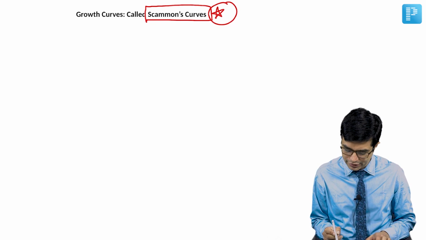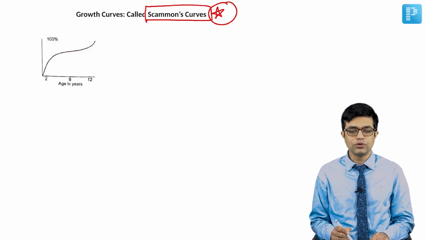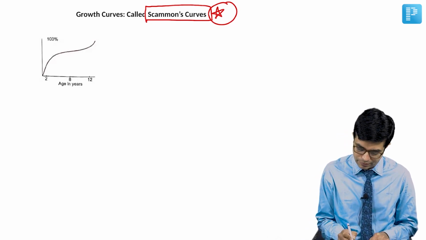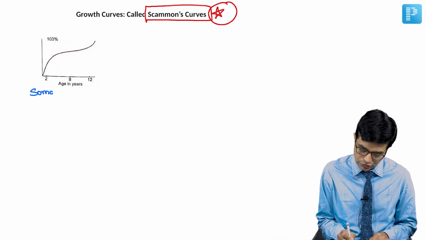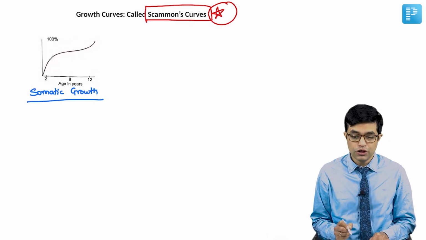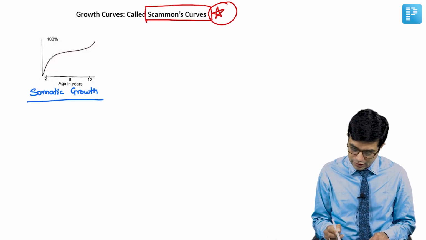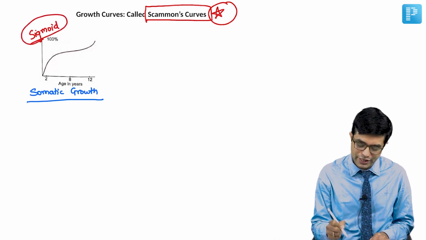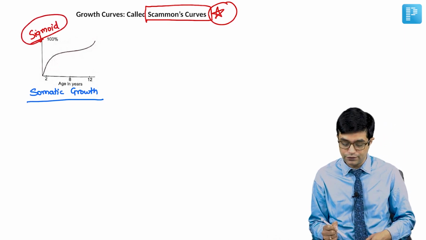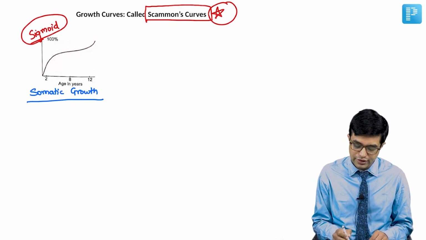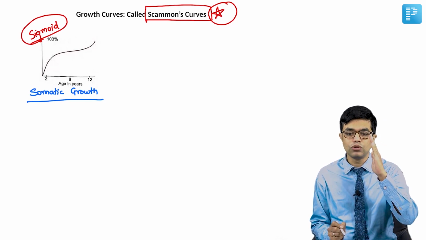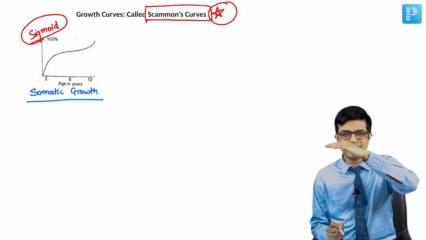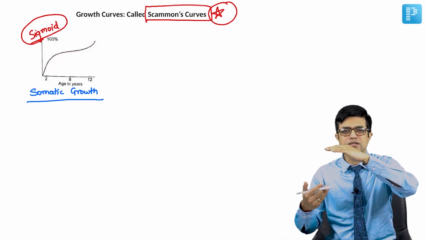First growth is the somatic growth. This is how the somatic growth pattern looks. You can put the heading here, somatic growth. It also refers to the general body growth pattern. Somatic growth shows a curve pattern known as sigmoid shaped, an S-shaped curve. Initially, in the first 2 years of life, there is a rapid growth, then it becomes a bit stable. It is increasing, but it is not very high.